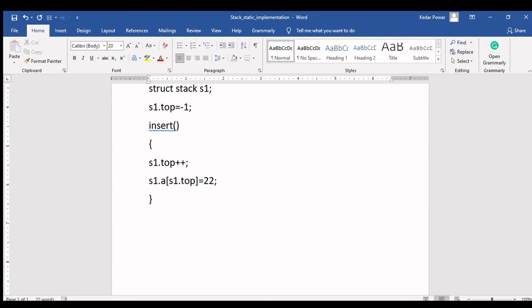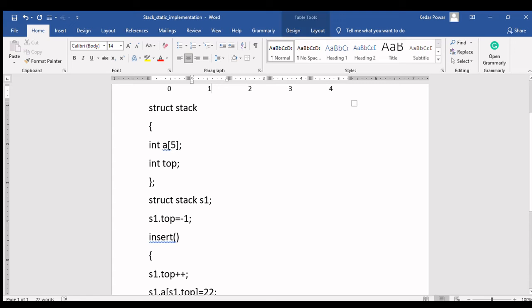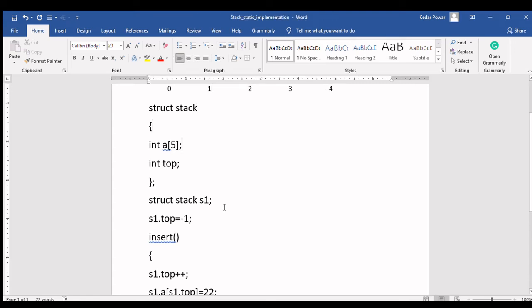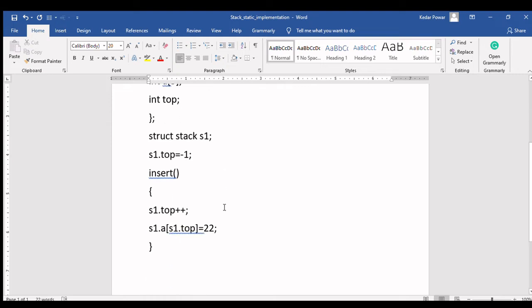Now we are implementing the stack using static implementation, or using the array. So there is a restriction of the limit. As you know, I have just declared the array of 5 elements, so maximum it contains 5 elements only. So when you insert or push an element, first check whether your stack is full or not. If it is full, then display the proper message, stack is full. Otherwise just add the new element at the top location. To check whether your array or your stack is full or not, just write if.